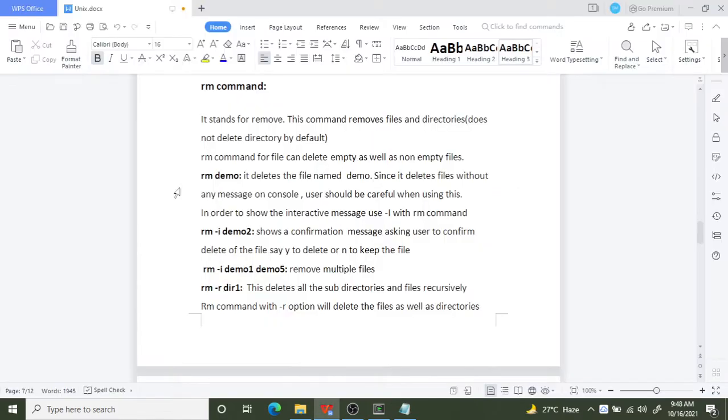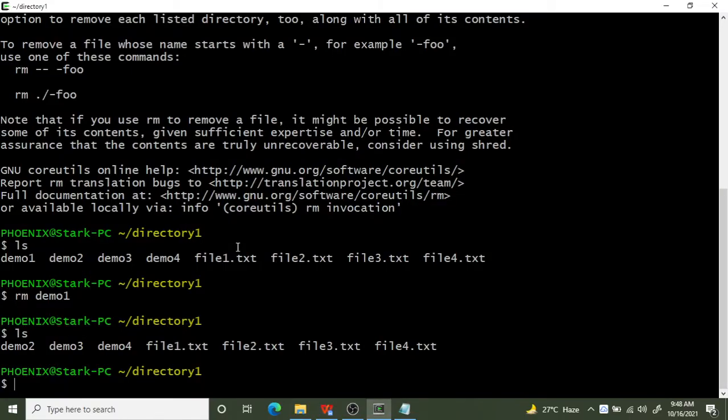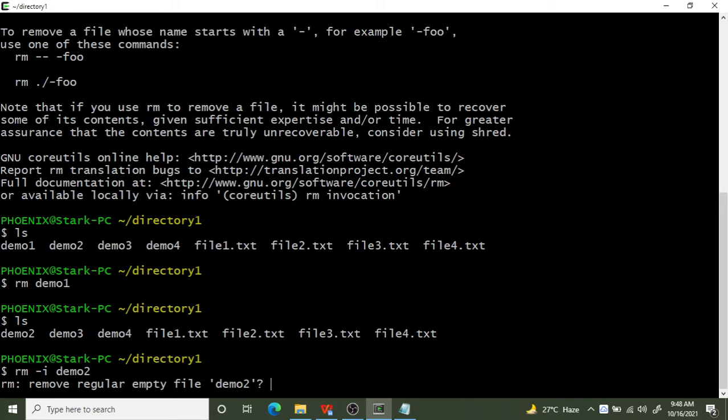Now deleting multiple files. Before multiple files, let's do the interactive -i option. rm -i, let me delete demo2. Hit enter. Since it is an interactive prompt, it's showing me a message: remove regular empty file demo2.